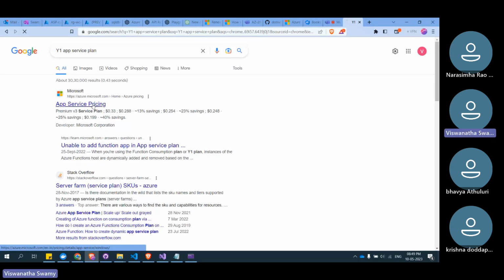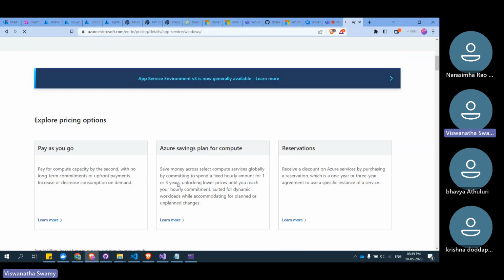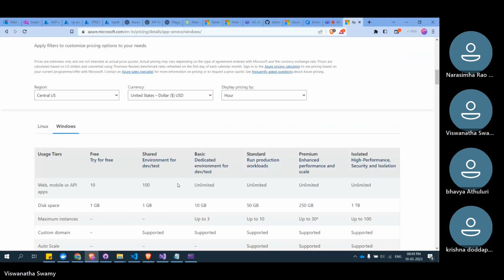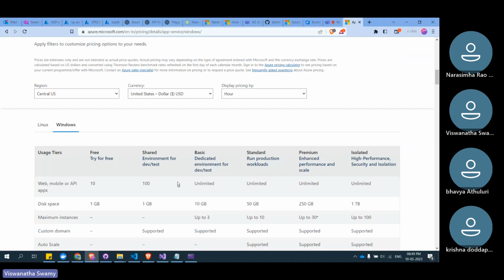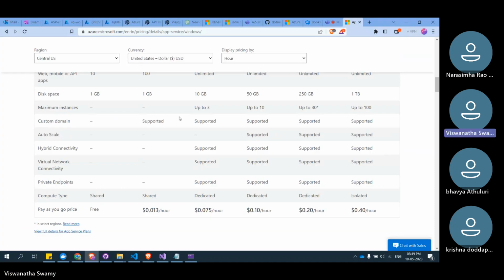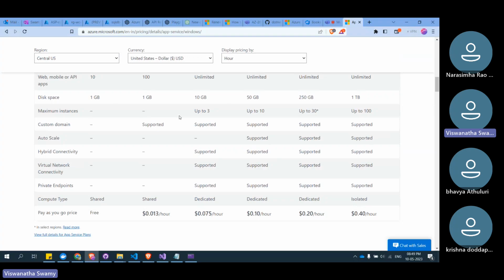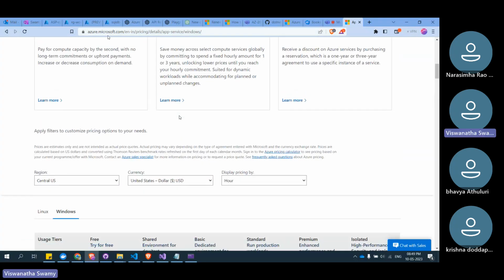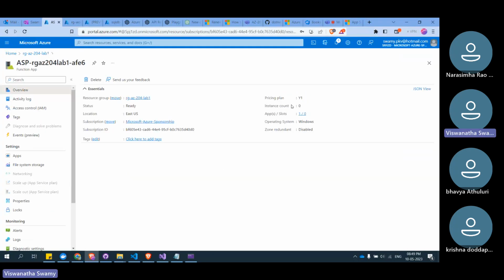You see this when we get deep into the app service plans. That's where you know that the Y1 is called dynamic app service plan. That means consumption. You see that the scaling up has been disabled and the scale out also has been disabled,